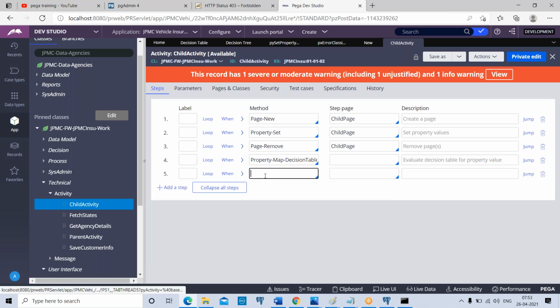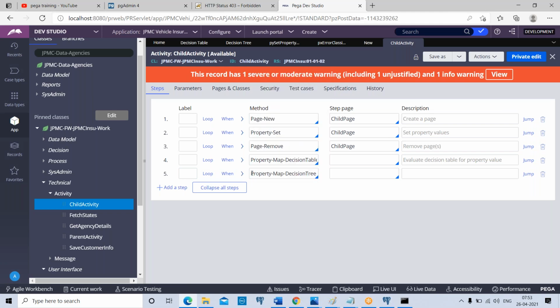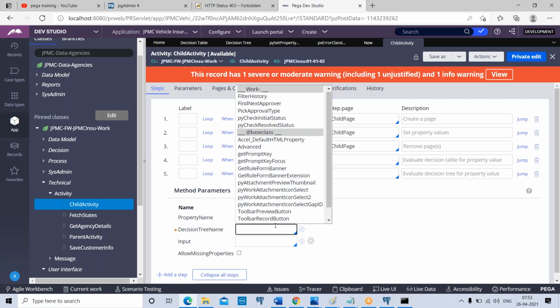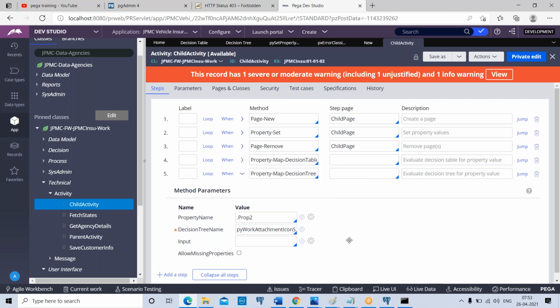And similarly, decision tree also you can call by using the method property map decision tree, and the return value of the decision tree can be captured into one of the property here. Make sense, everyone? So now if you see, ultimately you are evaluating conditions and assigning value to properties, which means that decision table or tree, it is also an alternate for activity for a property set.